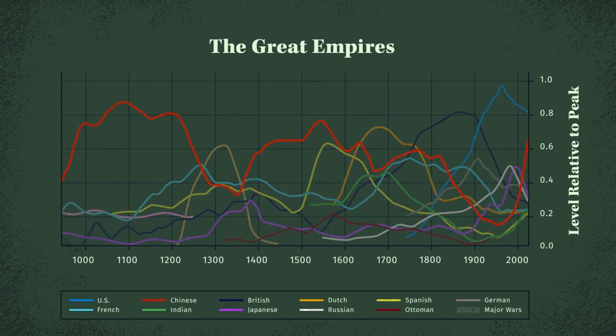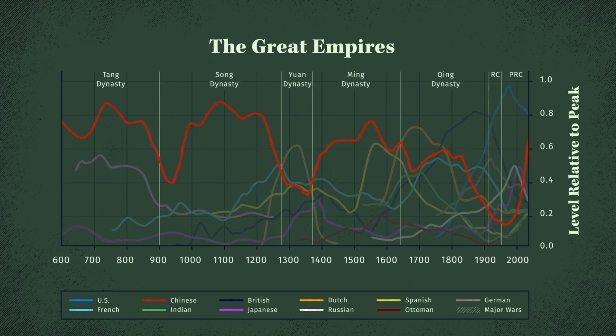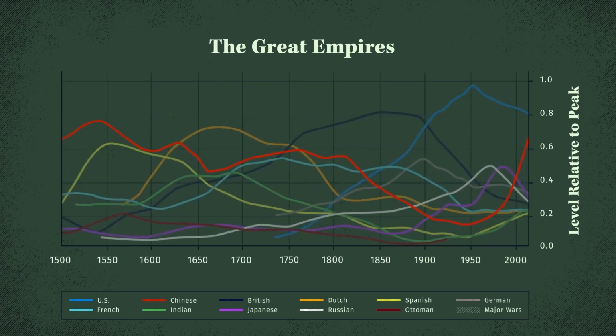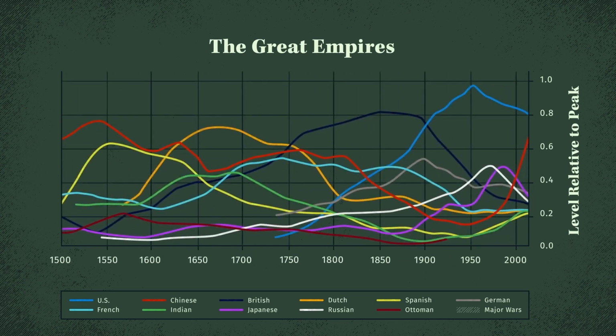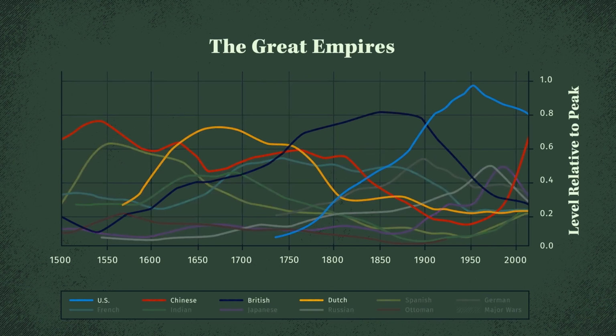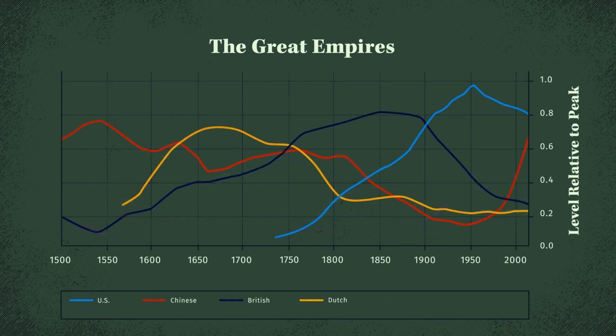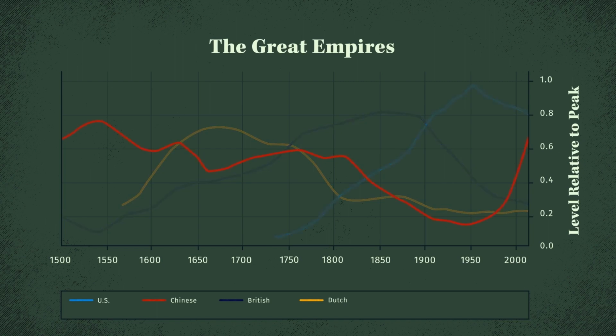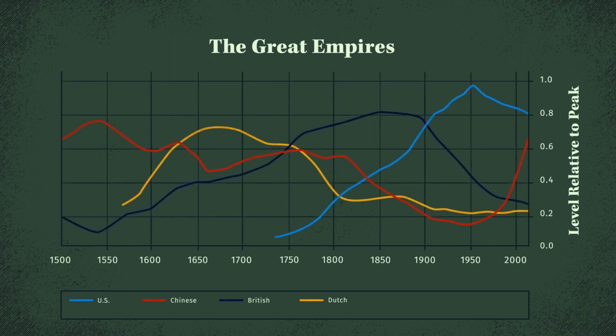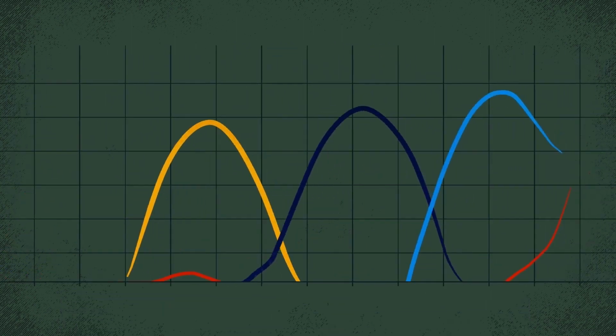To understand China's patterns better, I also studied the rise and fall of Chinese dynasties and their monies back to the year 600. Because looking at all these measures at once can be confusing, I'll focus on the 4 most important ones: the Dutch, British, US, and Chinese. You'll quickly notice the pattern. Now let's simplify the form a bit.